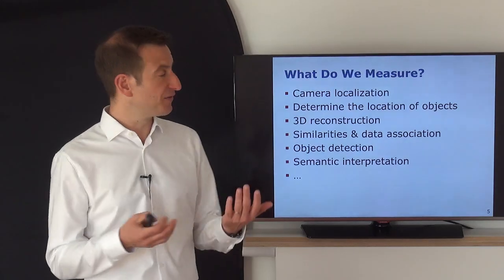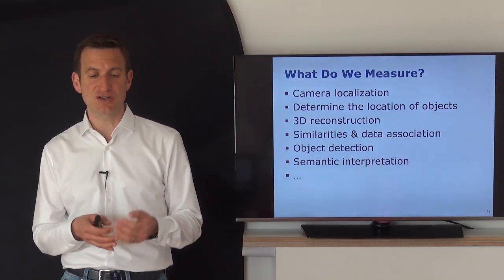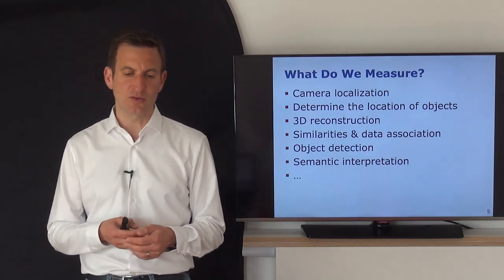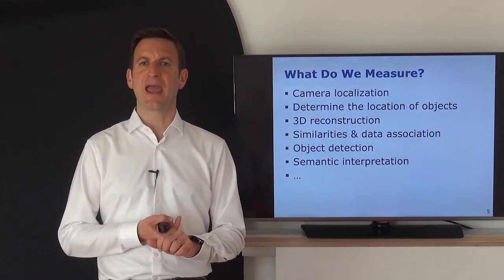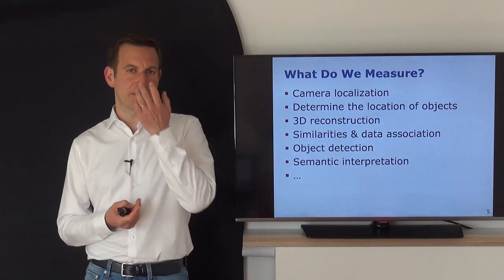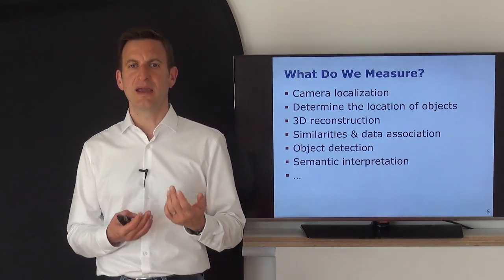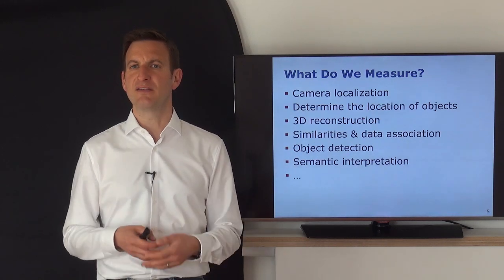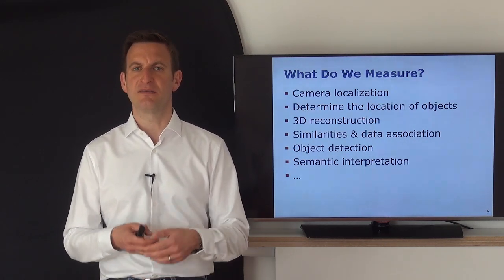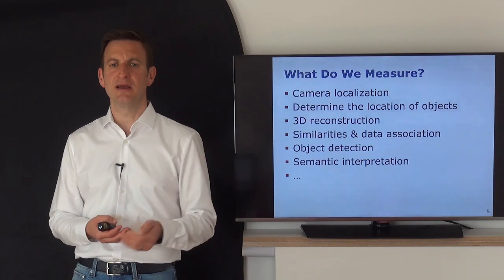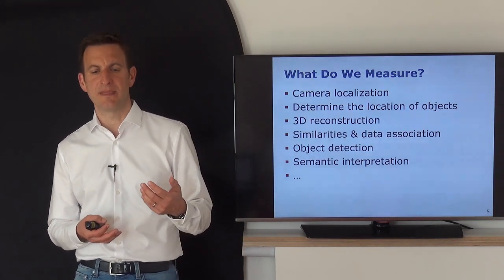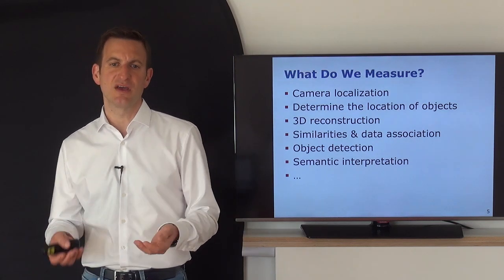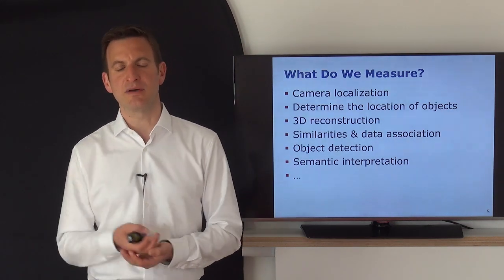And this is actually the short summary of what we actually measure, and now getting a little bit more precise on what we will look into in this course. We will look, for example, into camera localization. Given I'm observing a scene with a camera, can we estimate where the picture was taken? This depends on what I know about the environment. If I know something about the environment, I can typically localize the camera. But even if I don't know anything about the environment and have multiple camera images, I can still say something at least about the relative movement of the